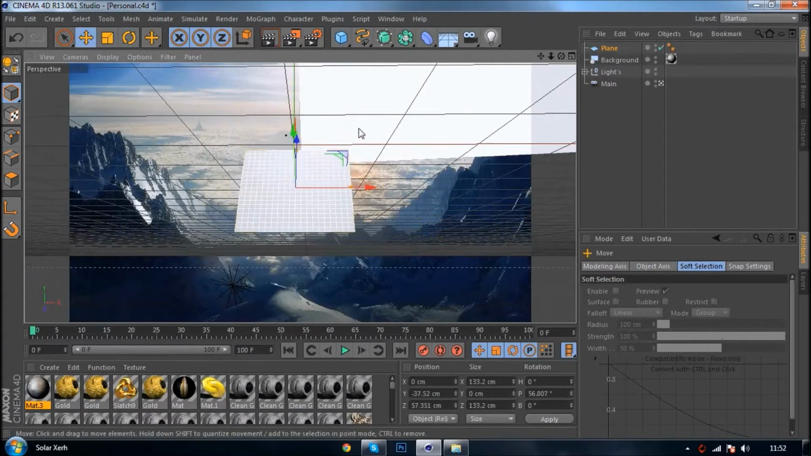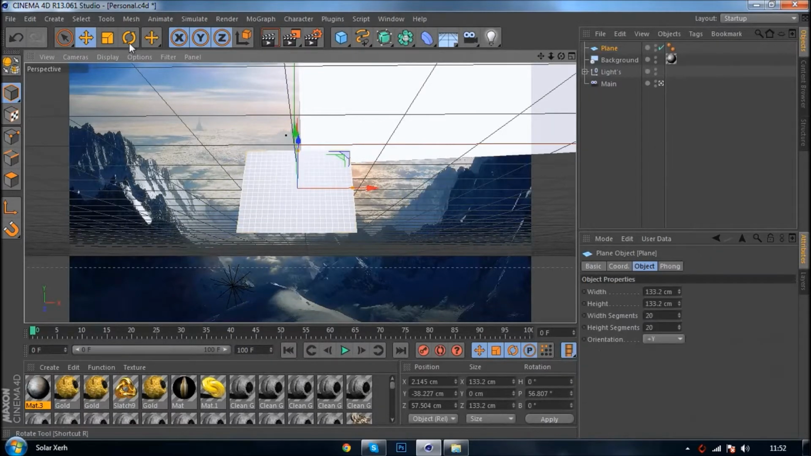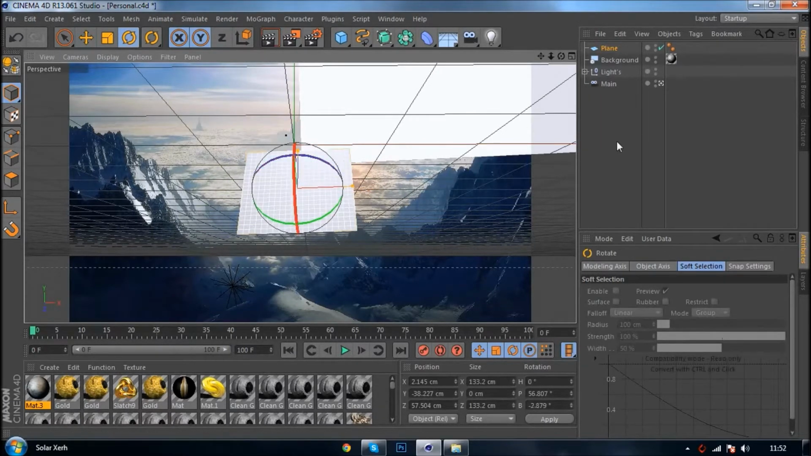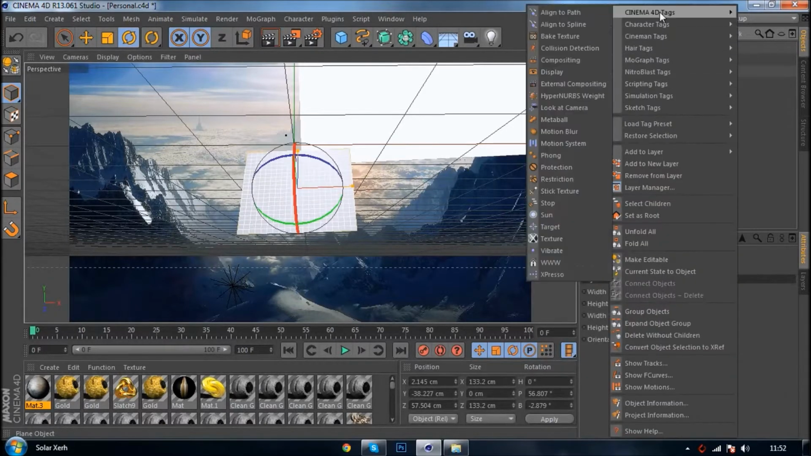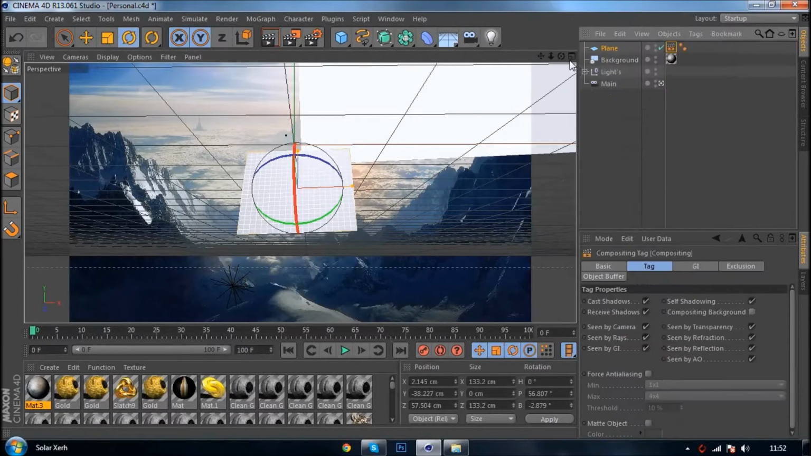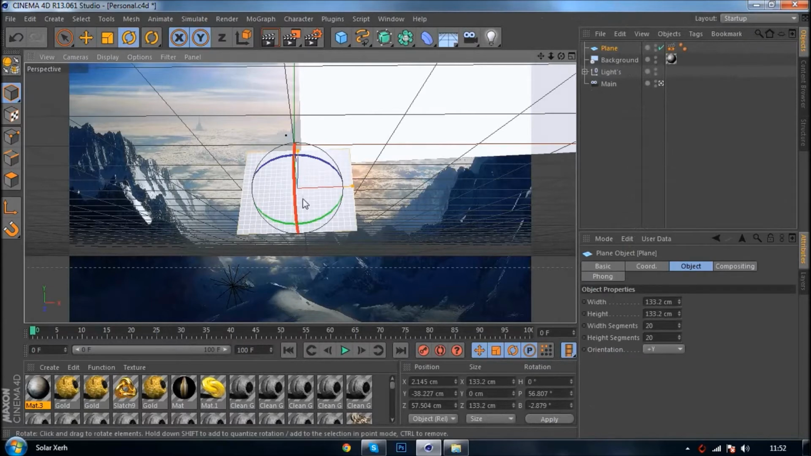It doesn't have to be perfect straight away because you can work on it. For example, I'm just going to set it a bit of a tilt. What you want to do is right click on the plane, Cinema 4D tags and compositing. That basically allows the object to be moved without the material on it. So the material will be on it, but once you move the object,